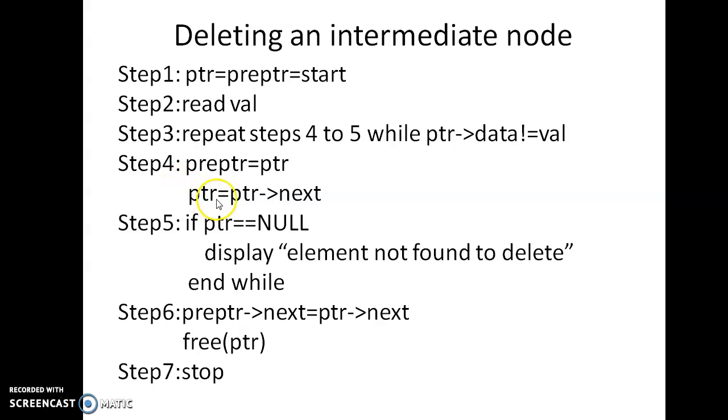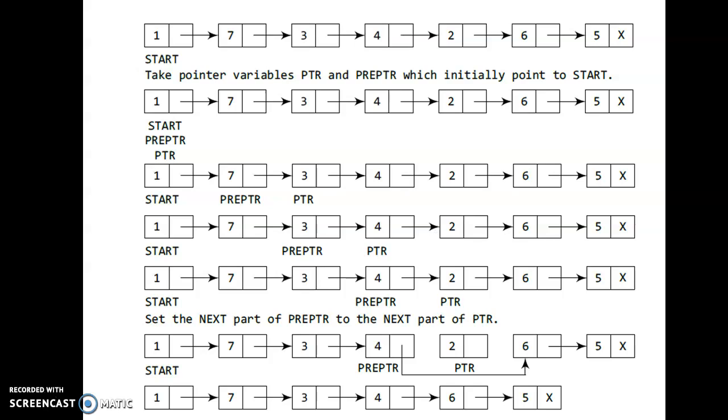In this process, suppose in the previous example I want to delete the value 10. Is there any node that has the value 10 here? No, there was no node in the single linked list having the value 10. In such a case, I want to display a message that the element is not present, when I can't find the element.